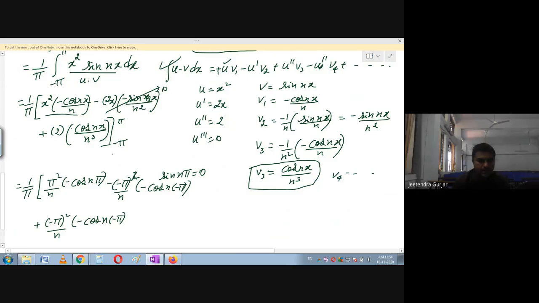Pi, then minus pi simplified. Now I'm going to substitute the pi value here. So pi square upon n minus cos n pi. I have simplified here. For this value, I'm going to substitute pi and minus pi. So now I can see,